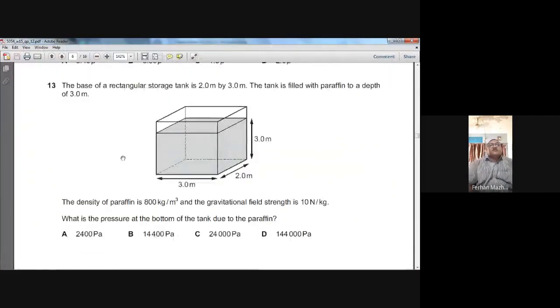Okay, so we are moving to the next question. Question number 13 is on your screen. The base of a rectangular storage tank is 2 meter by 3 meter. The tank is filled with paraffin to a depth of 3 meter. The density of the paraffin is 800 kg per meter cube, and the gravitational